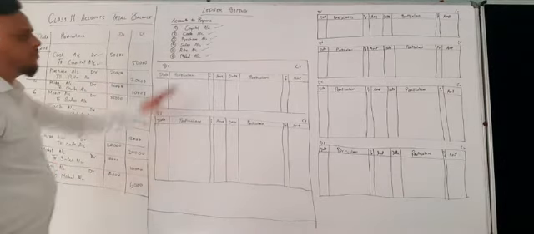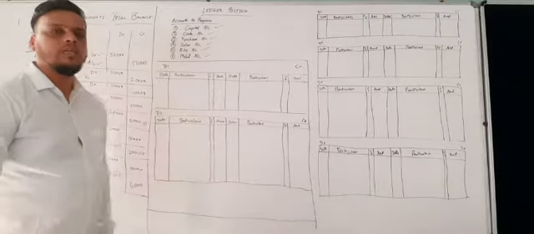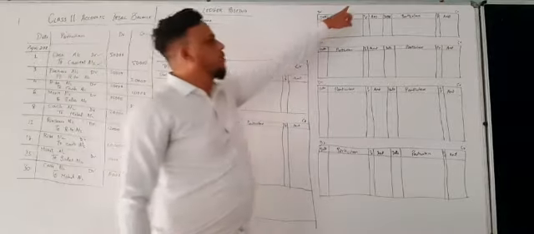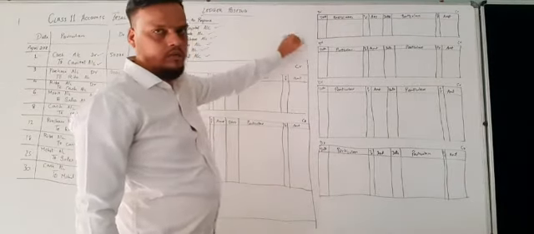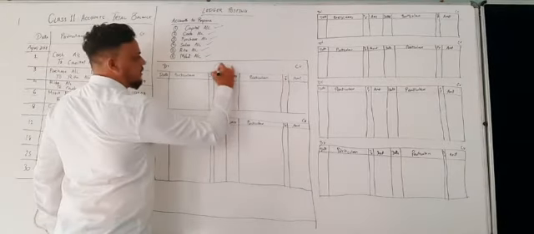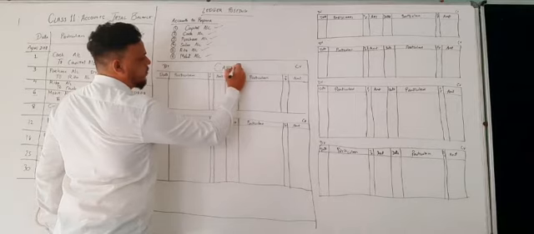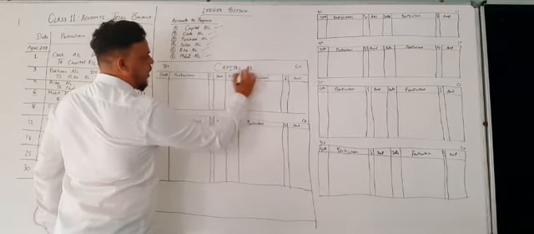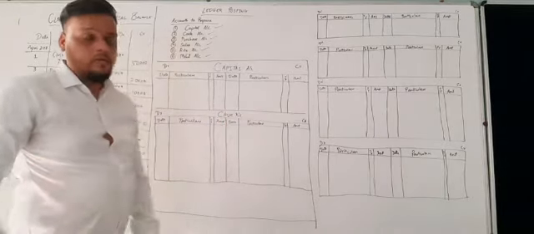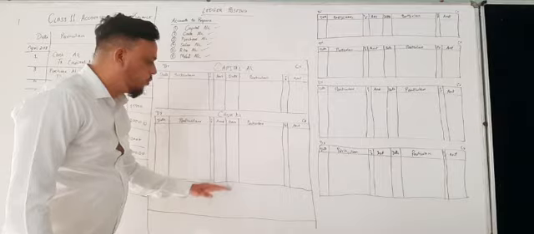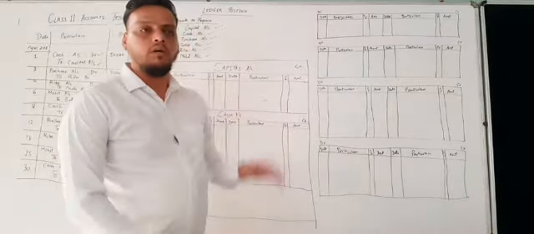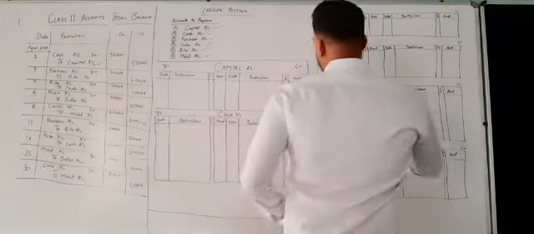So first of all, I have accounts already, just name and I need to name it on that particular account. Here on top there is no space, so I'll write here itself so you can understand what account it is. So I'll start with the first title, which is capital account. Then I made a cash account. Make sure that whenever you prepare a ledger, the cash account should be a little bit bigger. Cash, sales and purchase should be bigger, so you can write all the entries over there.